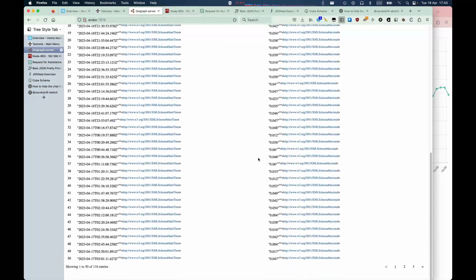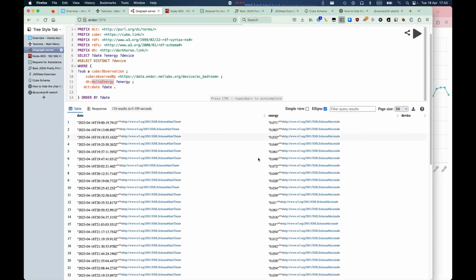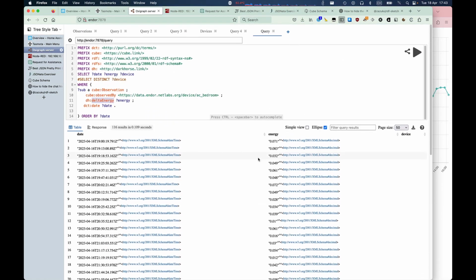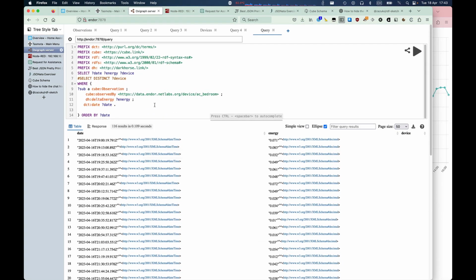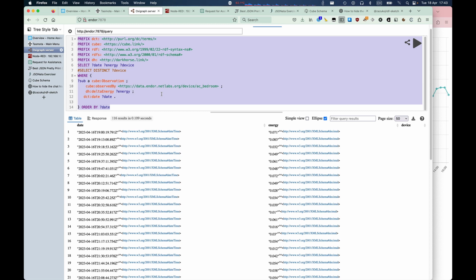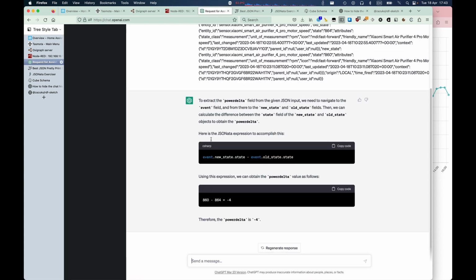So I was thinking, this is actually cool. I could quickly see how much energy I use during the night, where the aircon in the bedroom is set to my sleeping temperature. So I know how to write this query. This is a sum query. I need to do a group by, but we have ChatGPT these days. So I asked ChatGPT,